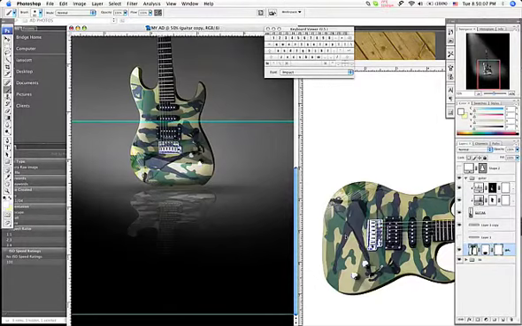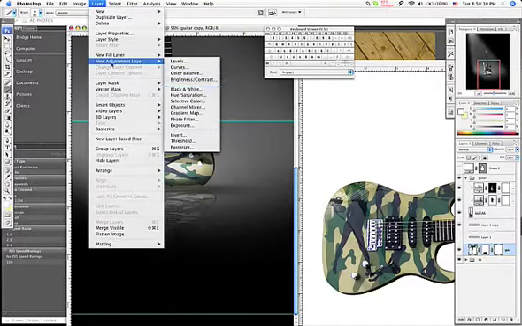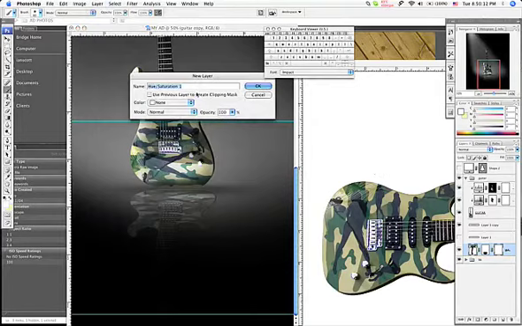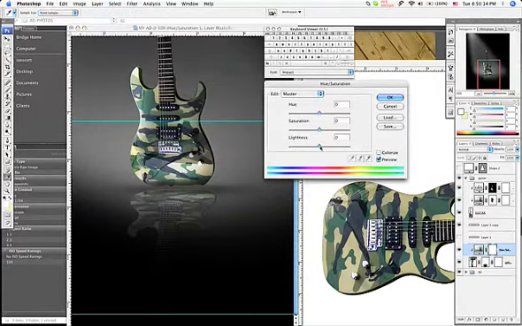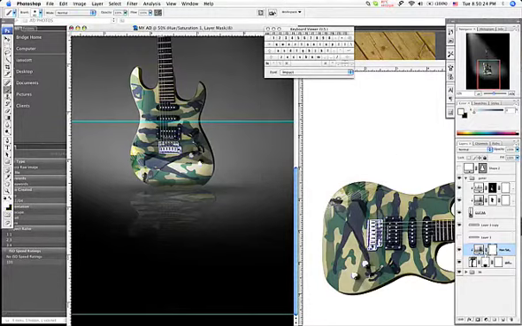And what we're going to do is go to the adjustment layer, go to hue saturation, go OK, and I'm going to darken this, and I'm also going to saturate it just a bit. Darken this up, and now I'm going to put on a layer mask. Okay, and I'm going to go back here, and now I'm going to